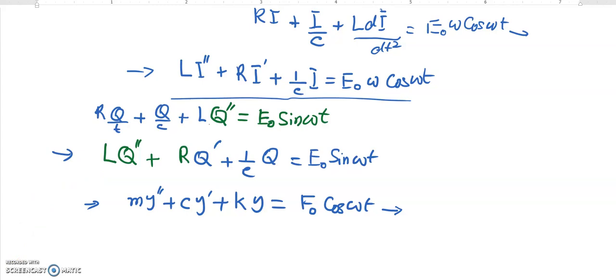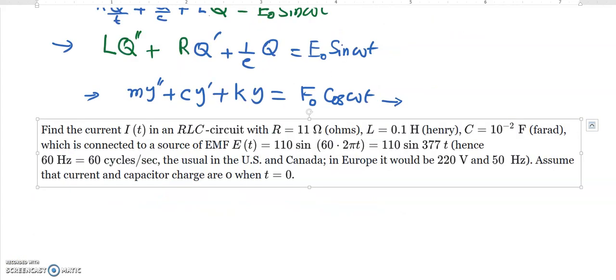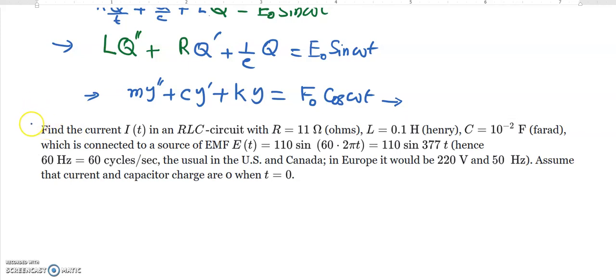So we'll see one example now. Let's do one numerical problem. This is the statement of the problem. Example: we need to find the current, that means the solution of the differential equation